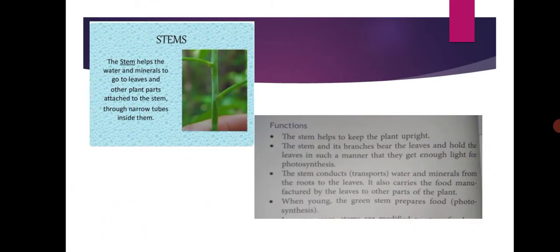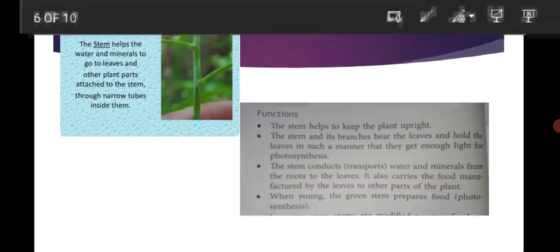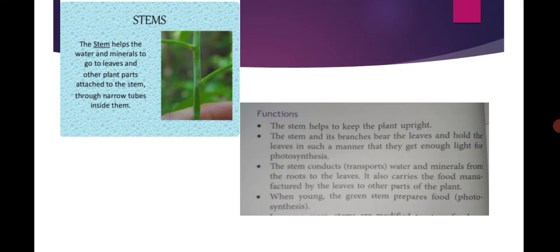Here after that we will study the stem. The part of the plant which develops from the plumule is called a stem. It is very hard, formed by hard material, and stems have some functions. A stem contains many things: node and internode, leaves, flower, fruit, all things that are present on the stem. A stem helps to keep the plant upright.